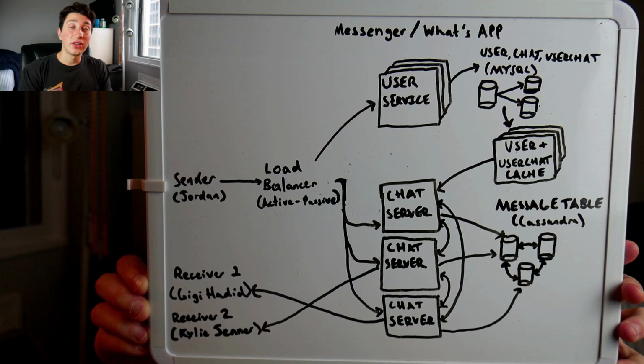If we need to share some state between the two, we could pull some sort of high availability setup and use a shared coordination service between them, such as Zookeeper. And the first thing that's going to do is hit our chat server. Now the chat server, upon receiving this message, is going to see the chat ID for it and then query our user chat table in order to figure out all of the user IDs that it's going to need to forward this to.